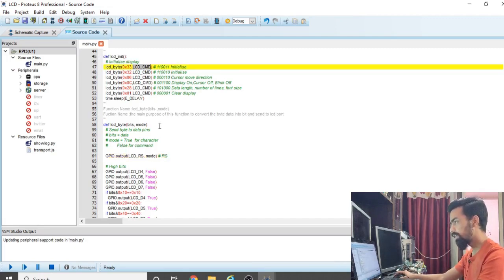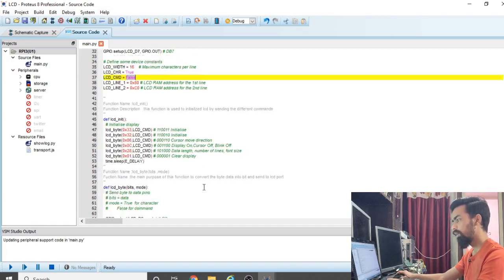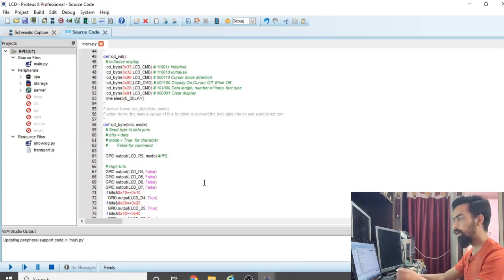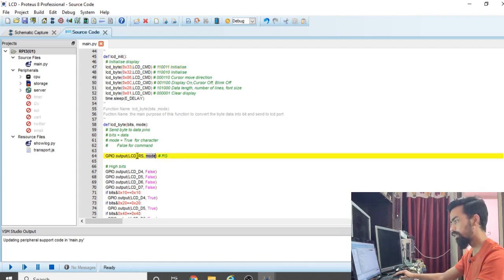You can see the LCD command mode variable has the value false. So whenever you are sending a command to the LCD, you have to send RS as 0, that is a 0 signal on the RS pin. So in the function LCD byte, with send command and LCD command, 0 is automatically sent on the RS pin with gpio.output LCD RS to 0.